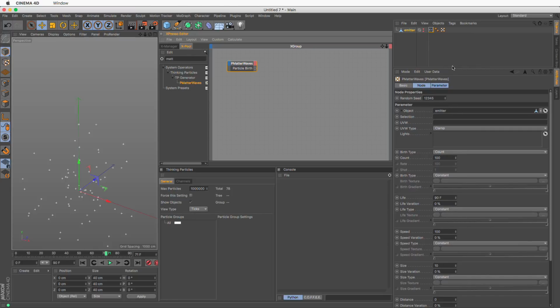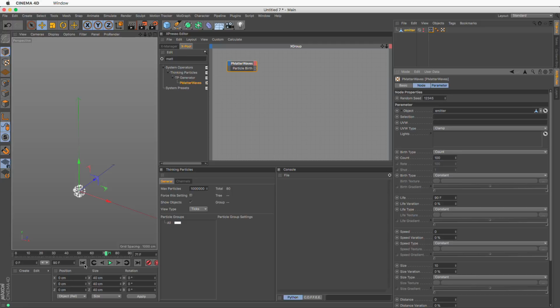I want the particles to be born without any speed. So I'm going to put this to 0, rewind, press play, and you'll see that just particles are generated on the sphere, nothing more. They're not moving because I'm going to use some secondary action to move them around. And I think this looks good. Let me see my count. I'm going to set it to 50, and I think these are enough particles to get us started.